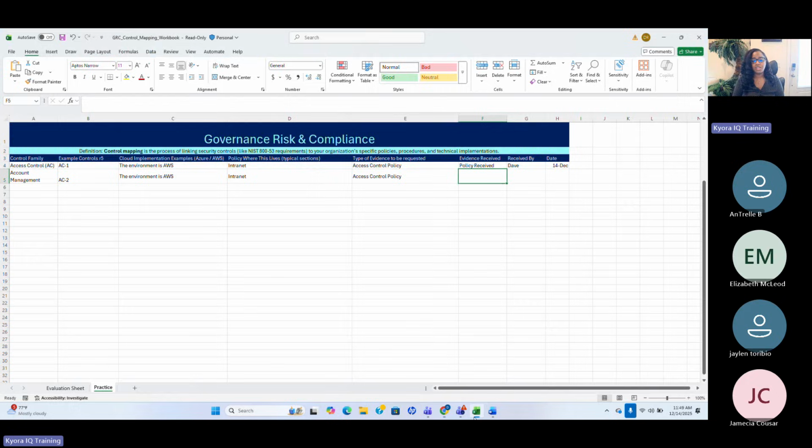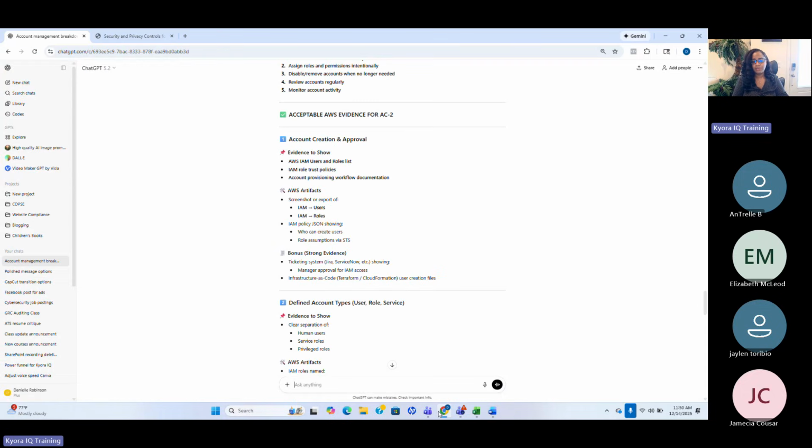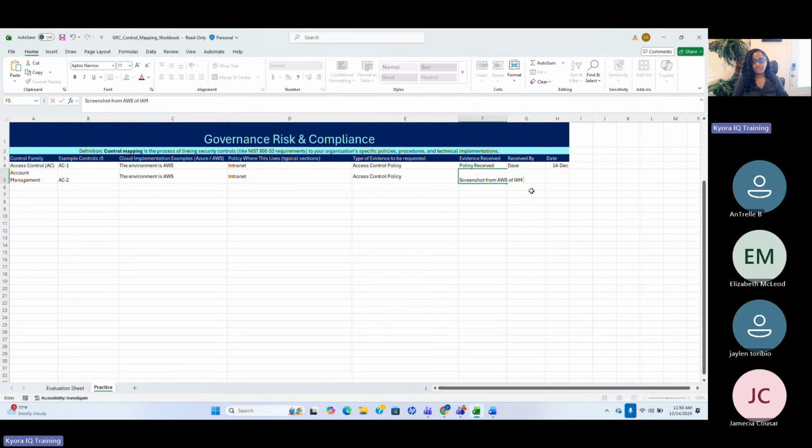So on your spreadsheet, for the evidence received, you can say it was a screenshot from AWS of IAM user roles and lists. That would be the first part of your evidence. The second part of the evidence, you'll say received JIRA ticket number XYZ dated